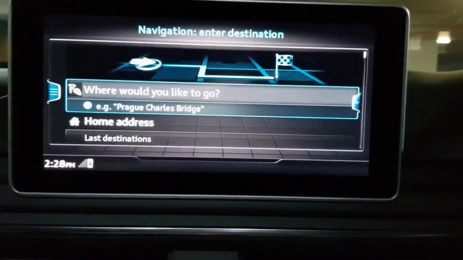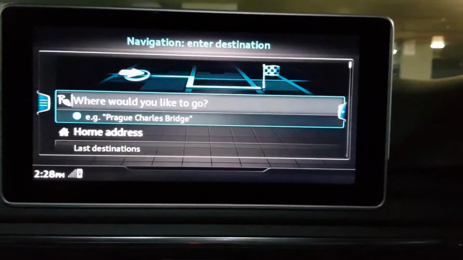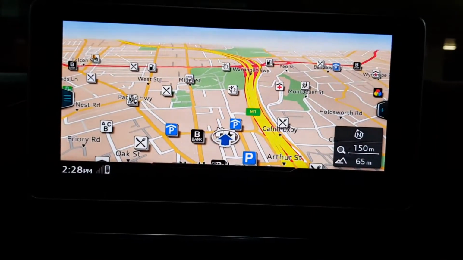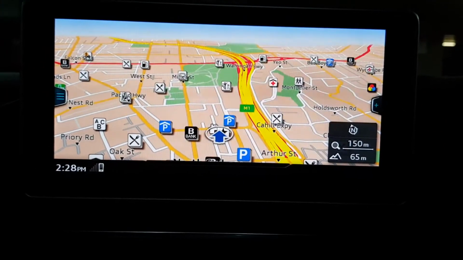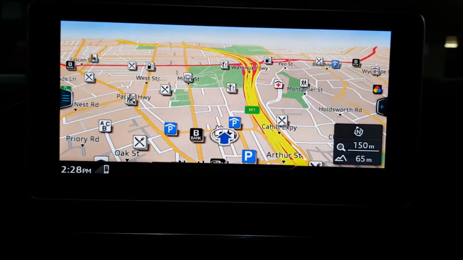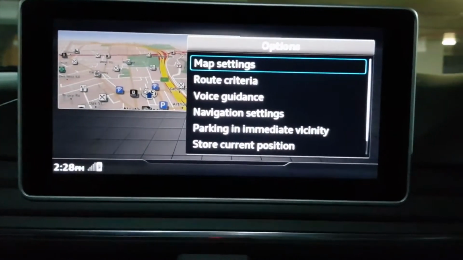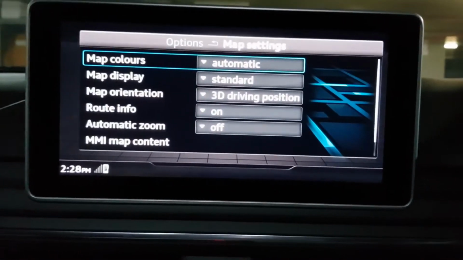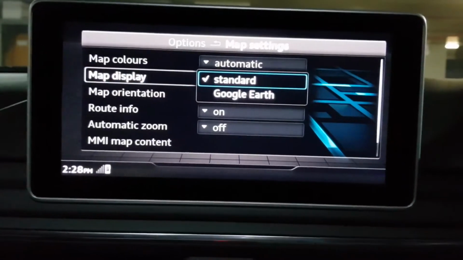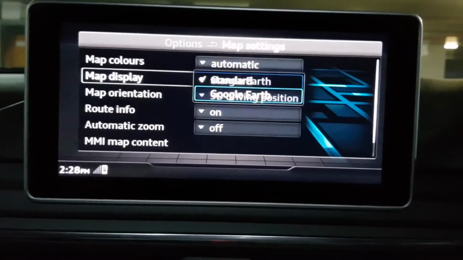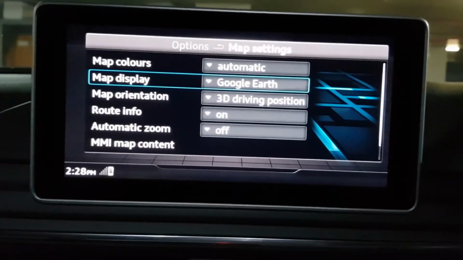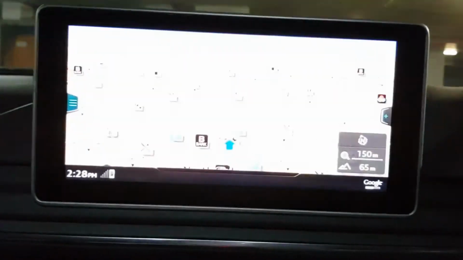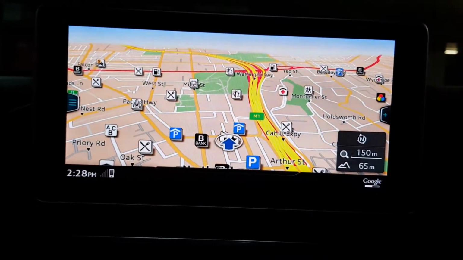Let me show you guys the map. Right now I've not enabled the Google Map. To enable it, I'll have to go to this menu, then go to map settings, then change the map display as Google Earth, and then come back. Okay,